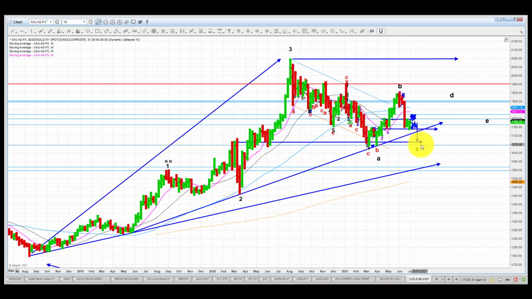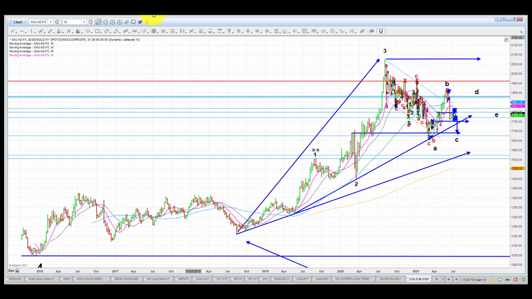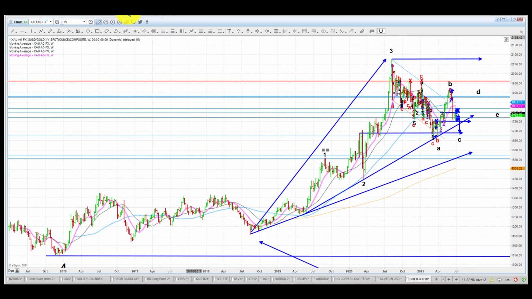Okay, if there is something else completely going on, it's going to break probably to the next level of support, which is 1560. Yes, it's going to break that low on the weekly, and you can see that there are two elements that will come up to support the price at this level. Is the horizontal support plus the upsloping support line here, and that will of course call for a complete reassessment